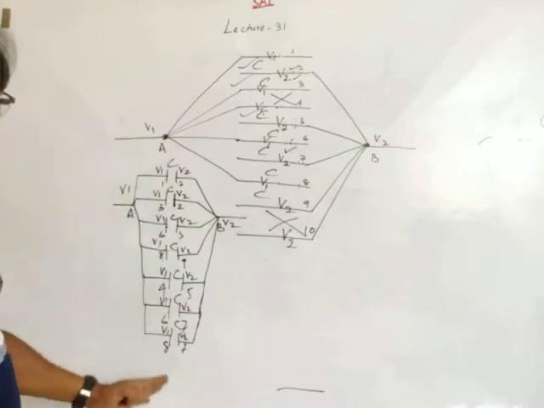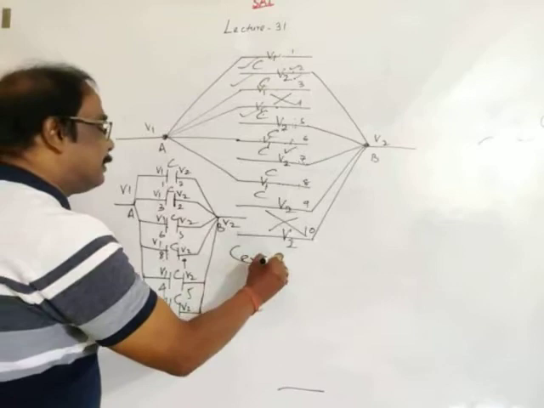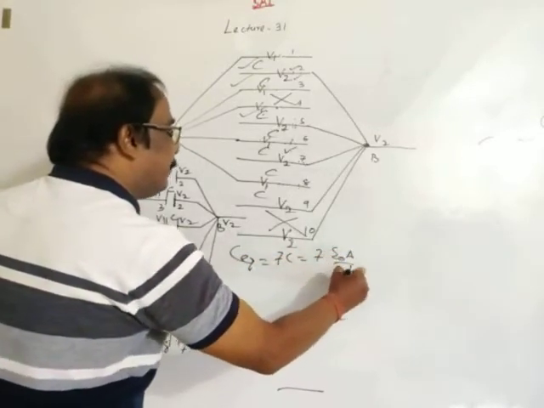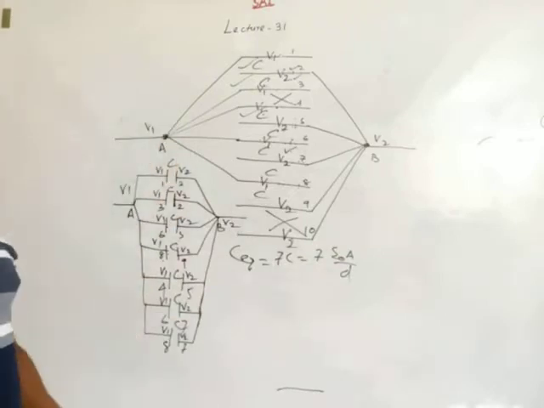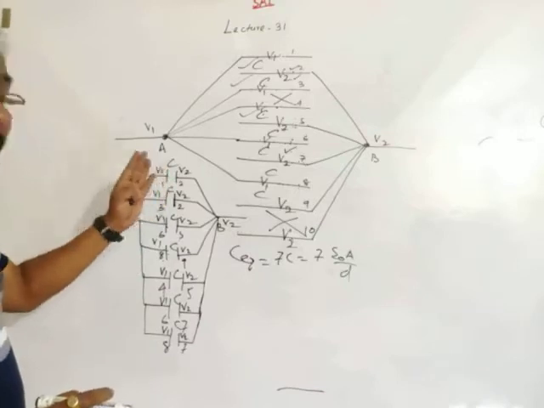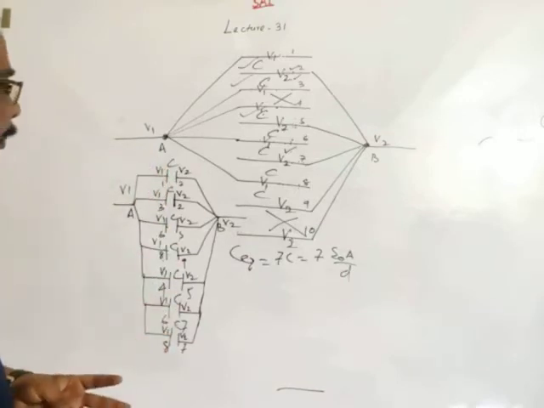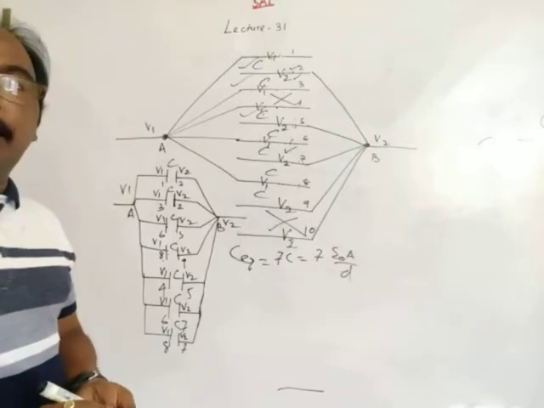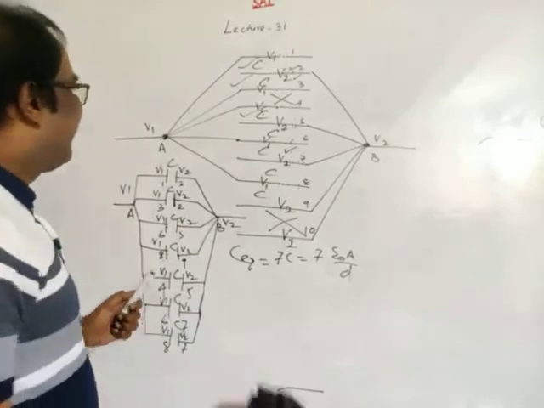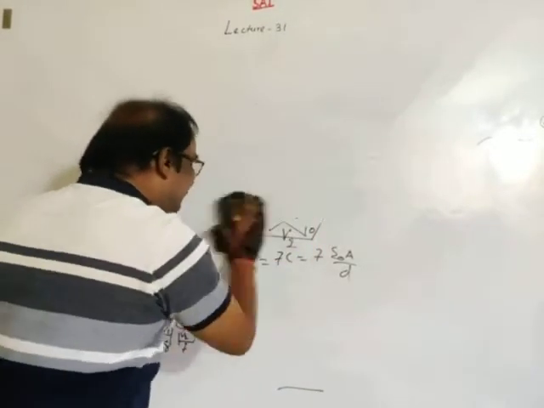Now all these capacitors are in parallel, so the equivalent capacitance is 7C, that equals 7 epsilon naught A by D. Just number the plates and you will find it easier. Number the plates and write the potentials of the respective plates, then you can find which are in parallel and which in series. Of course, we have not taken the series condition, we will take it now. Don't fear the questions, all these questions are very easy.